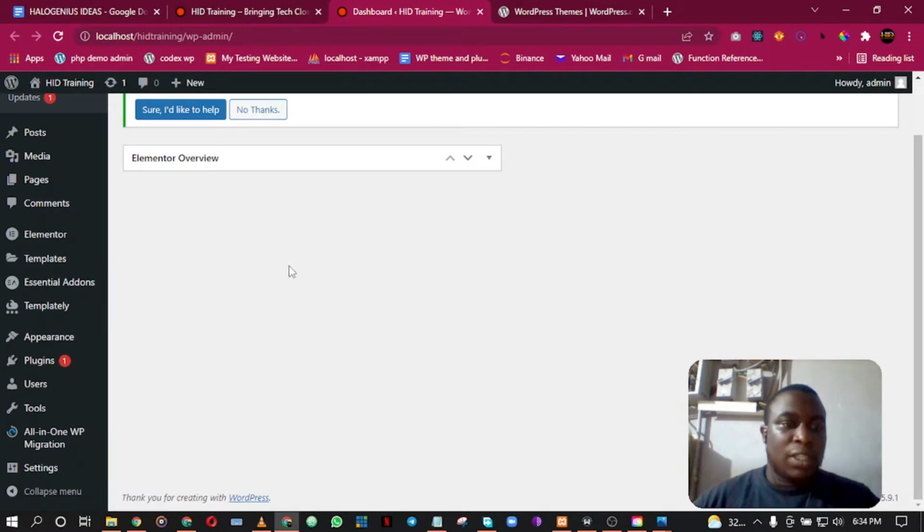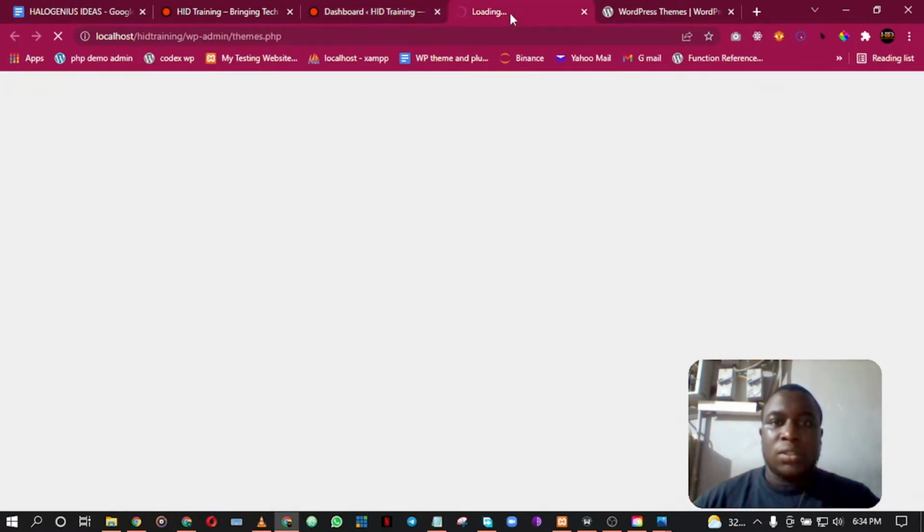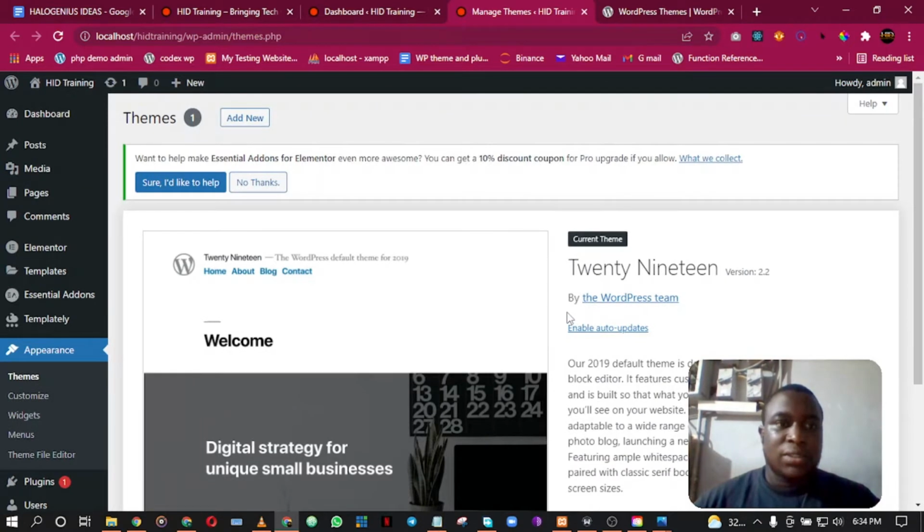Let's work with the theme. So you come to appearance, theme. You open it in new tab. The reason why I'm getting this is because I have only one theme installed on my website. So for me to add more themes to it,